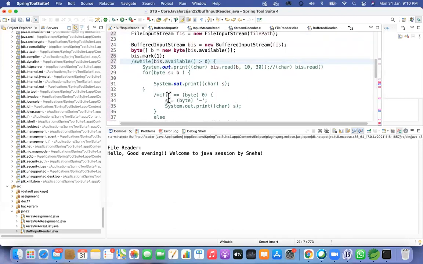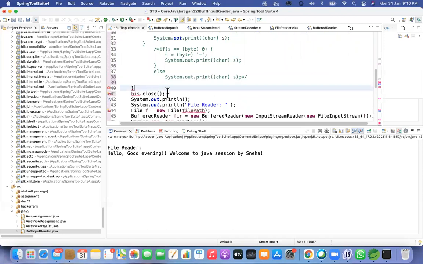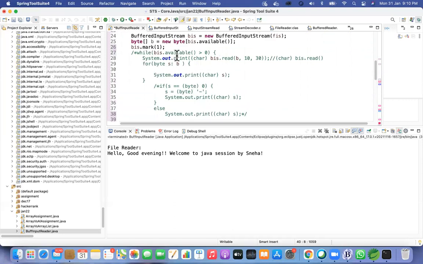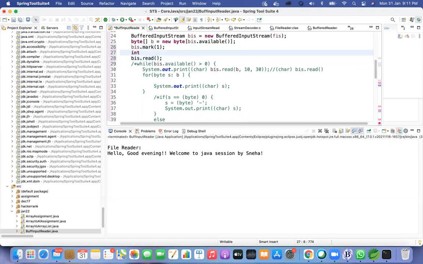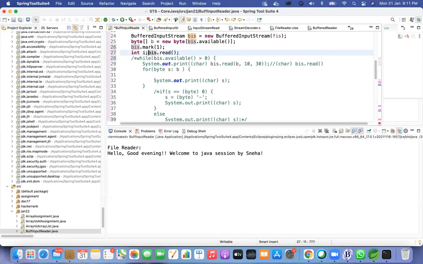So you comment out, yeah, you can close that while block alone. Yeah, line 40. Now what you do is every time you read, you take that into the BAS.read method and assign it to an int variable where you can assign the read value. Create I in the same line itself. Just give BAS.read, like line number 27 itself, int I equal to BAS.read.